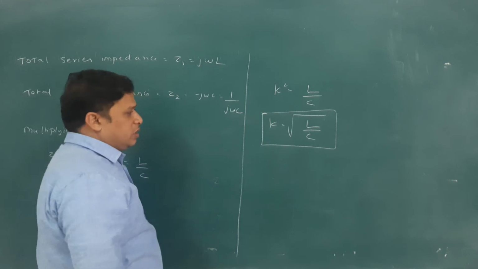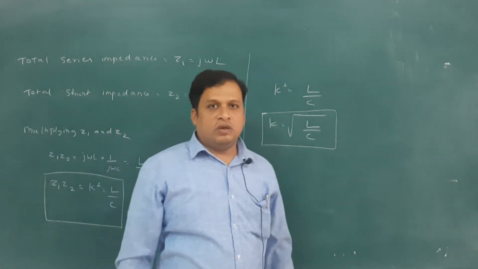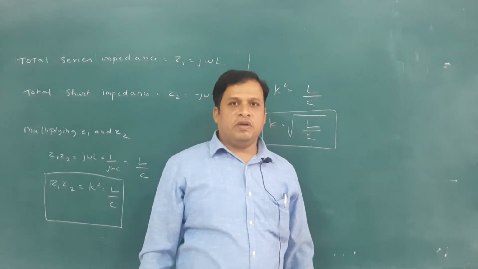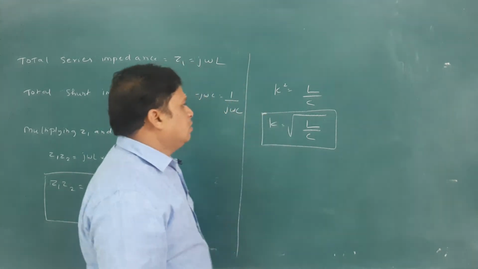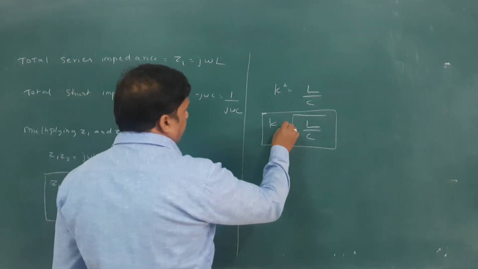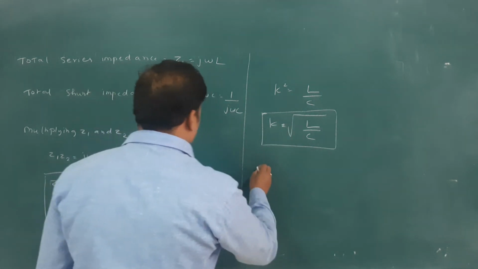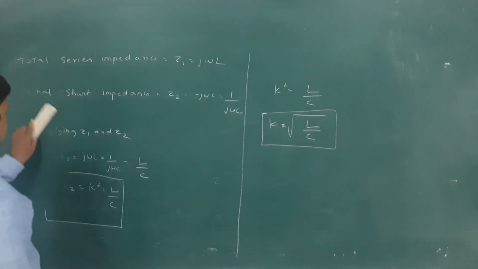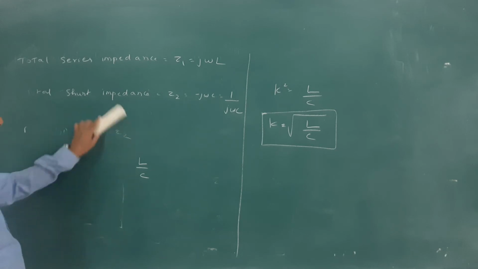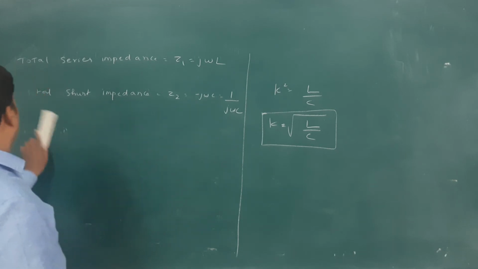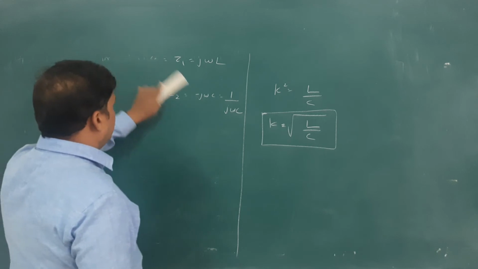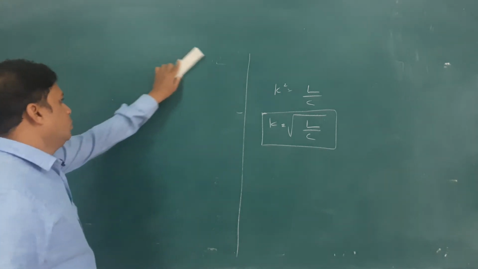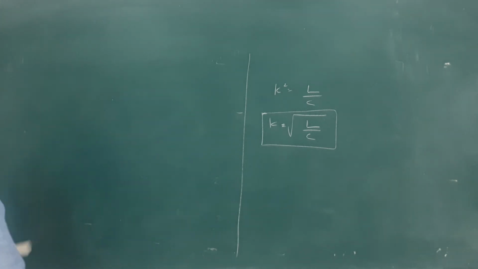Previously we have written that Z0T is equal to square root of Z1 Z2 into 1 plus Z1 by 4 Z2. Okay, that equation we will write as Z1 Z2 plus Z1 square by 4. So here you will write that equation. We are remembering that equation now, and from that equation what we write for pass band.